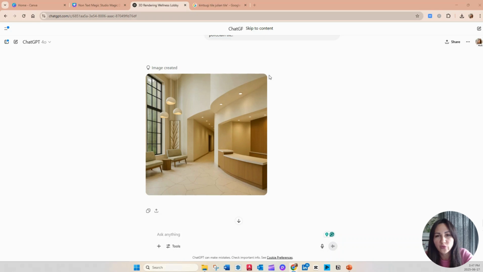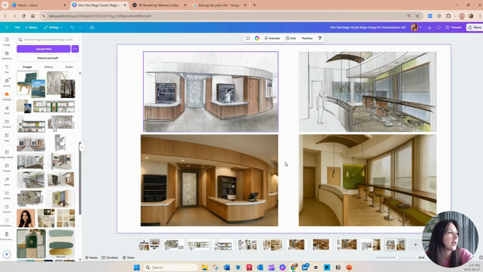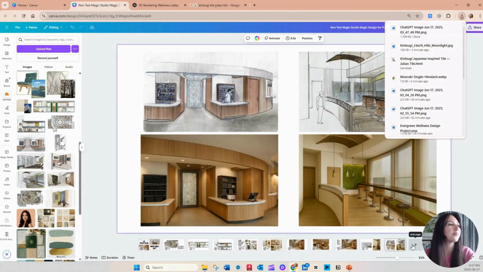I asked to remove the wood from the ceiling and change the light fixtures, and I might ask it to revise this corner area again, so there is an artwork right in the corner. But with a couple more prompts and maybe five more minutes, you can readjust that image to what you want to have. So I'm pretty happy with that, and I'm going to download this image right into the project, and let's go back to the